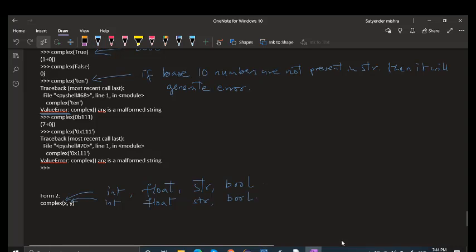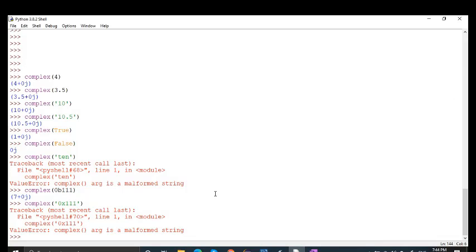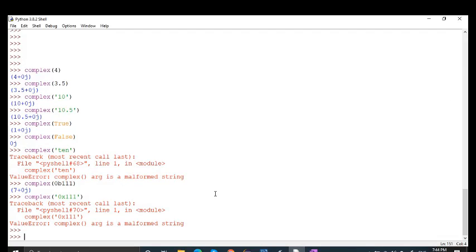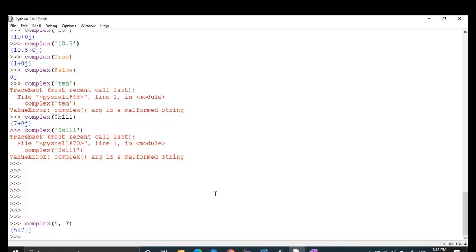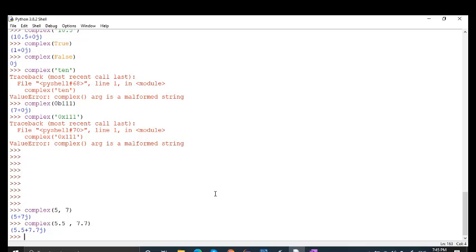So let's go to the shell and work it out. So now you can see it clearly here. So complex, and I'm passing here 5 comma 7. So both are integer, and now you can see the result 5 plus 7j, right? So it's working fantastic. Now complex, if you write 5.5 comma 7.7, now you can see the result 5.5 plus 7.7j.